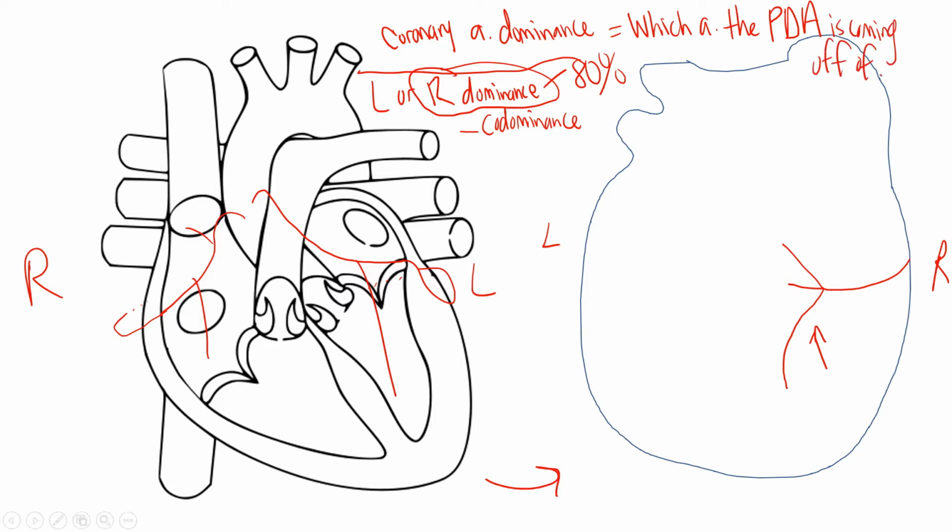I'm going to show you what I mean here. In this situation, remember, you have a left coronary artery that wraps around and gives off the circumflex, right? That is then wrapped around. So this is just a simple drawing of that, over on this side. Now, what you can have sometimes is that this posterior descending artery is actually coming off of